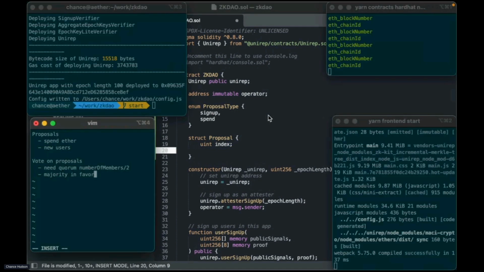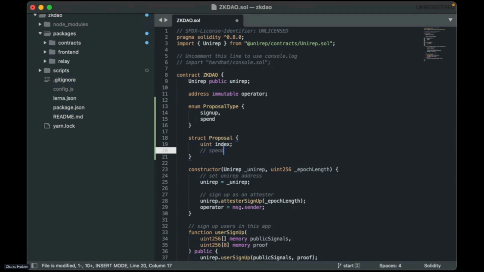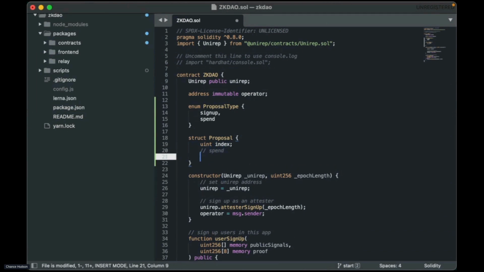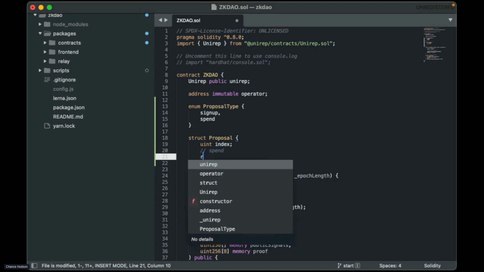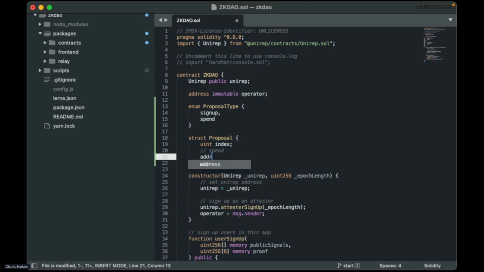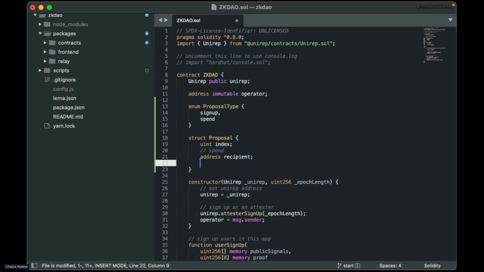Okay, spend Ether. For spends, the way that I did this is I made a single proposal that can handle both types. So it has variables that are unused for one type or unused for another type. We'll have the address of a recipient, a uint, which is the amount of funds being spent.